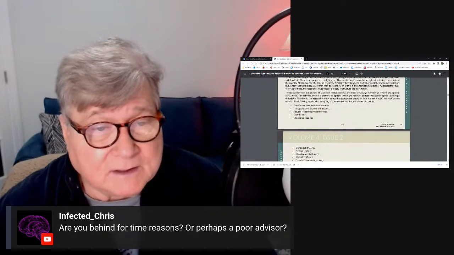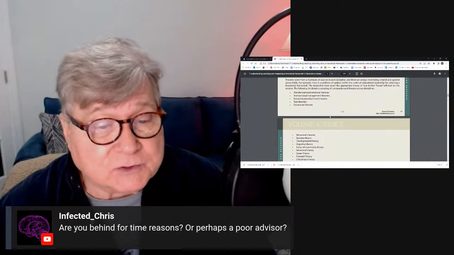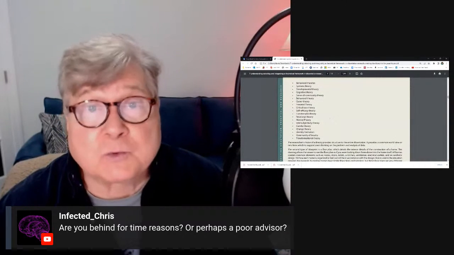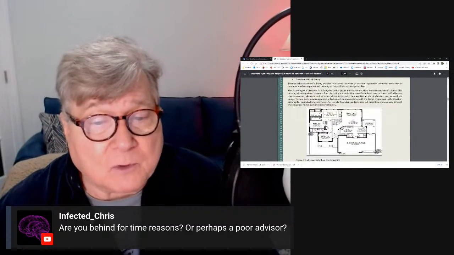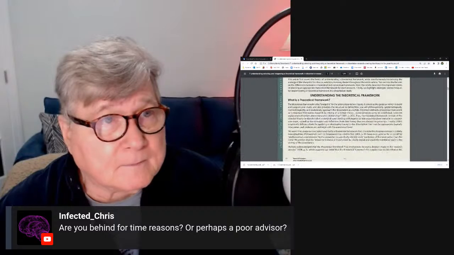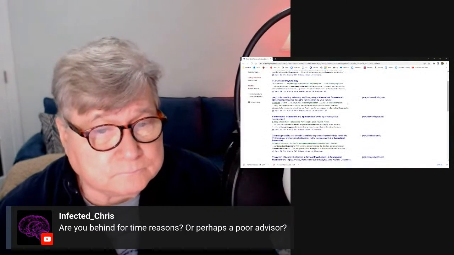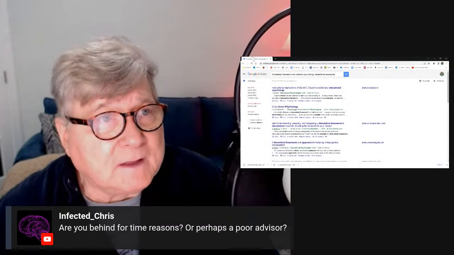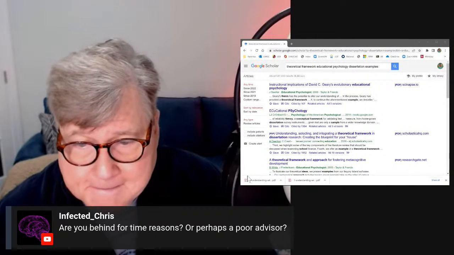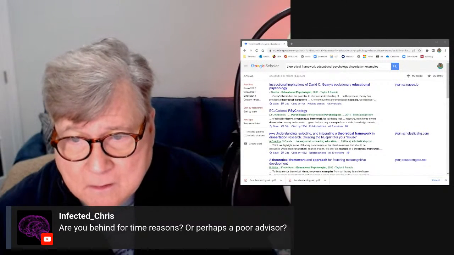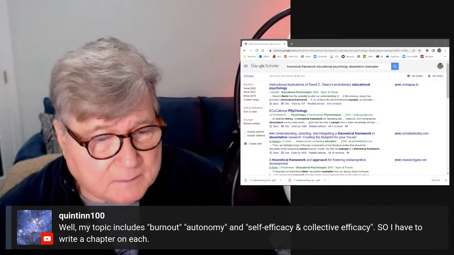Here are some of the theories: transformational relational, transactional management, servant leadership, moral trait, situational. Wow, there are a lot of theories. Which one are you going to choose? Or which ones are you going to choose? Because you have to have a theoretical framework before you do your analysis. No doubt about it. You need that article. All right, here's Quintin. Let's stop sharing the screen.